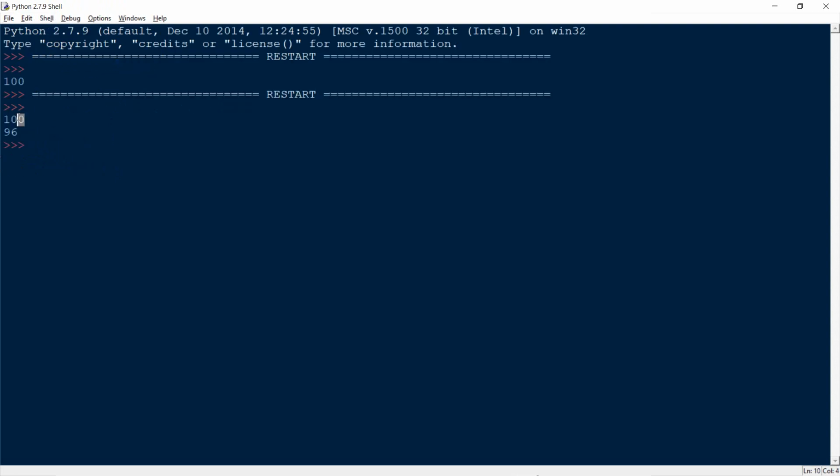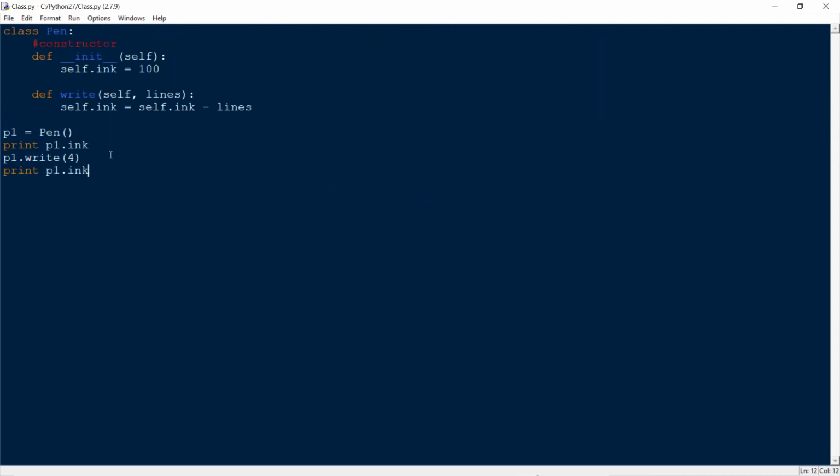So as you can see, first it gave me 100 and then it gave me a 96, which means that after I wrote 4 lines, the ink got reduced by 4, so it's 96 now. And another thing I can do is, let's say I don't want to give direct access to this ink variable,